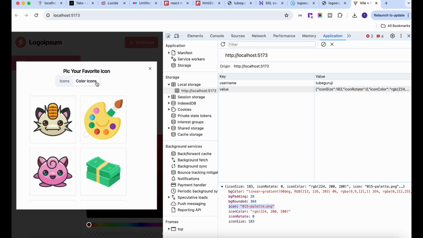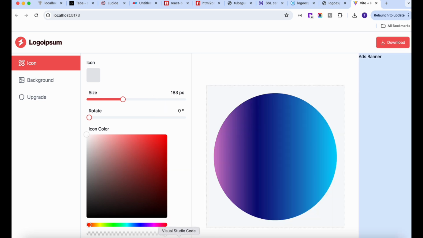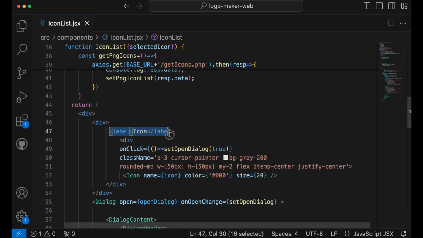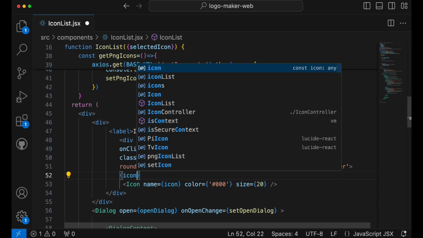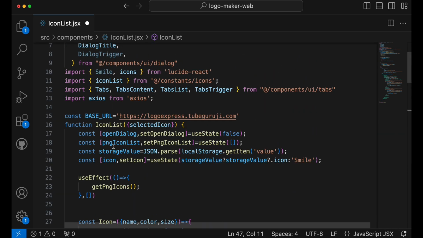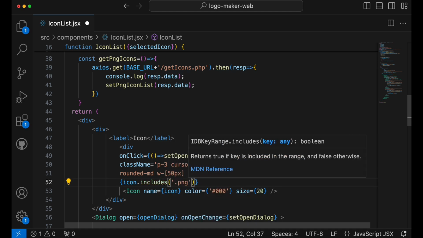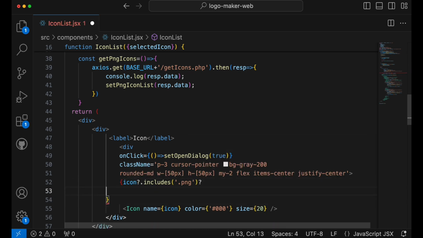If I open any of the icons like this, see it changes, right? It means the local storage is getting updated. Now let's go back to this local icon list where we have the first icon. Over here we're gonna add a condition. Here we'll simply add icon, let me check it's correct or not. Yeah, icon. So here we'll just check icon dot includes the text png, because the extension is png, right? We'll check if the icon string includes this png,